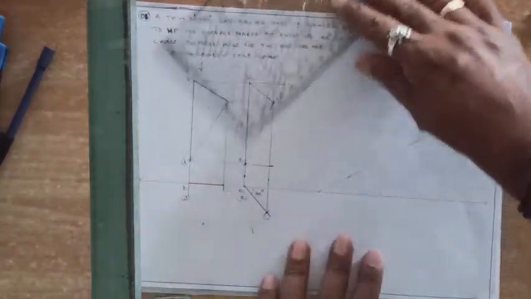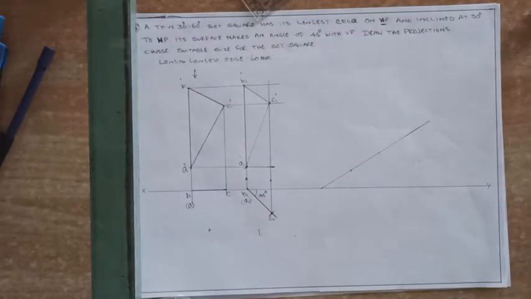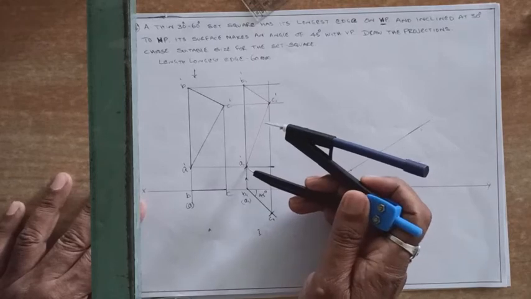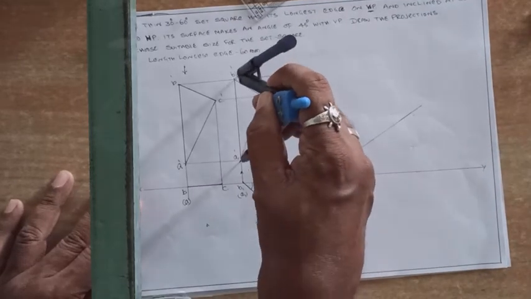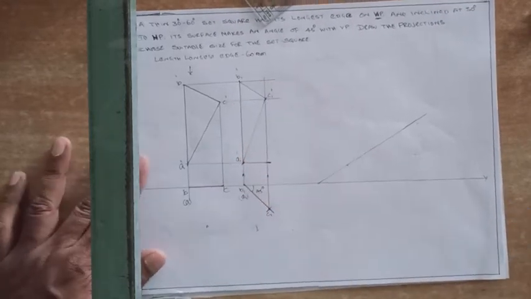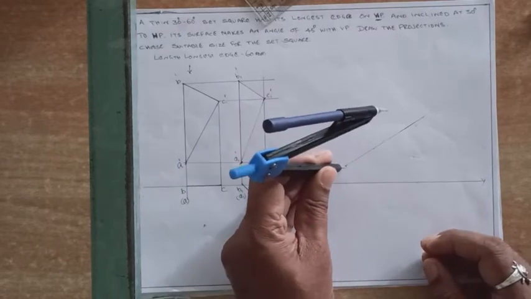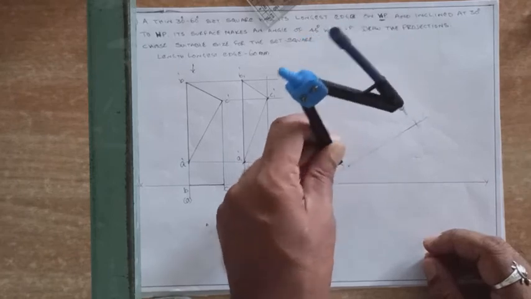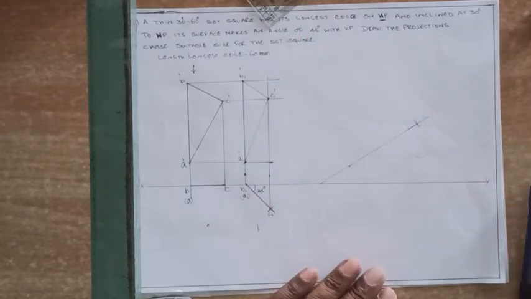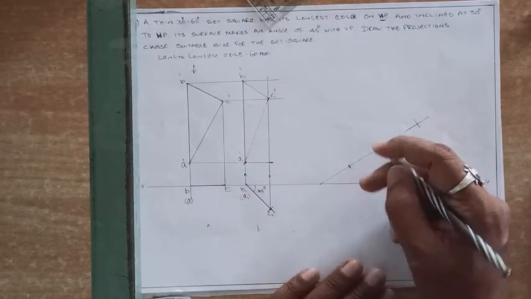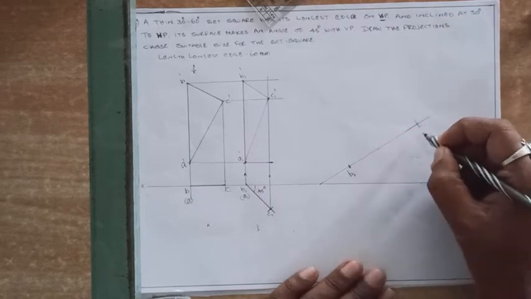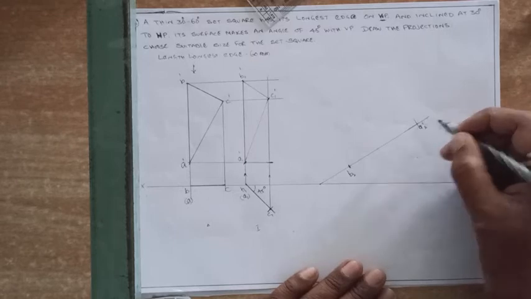Now you have to transfer this distance here. So listen, which one you have to transfer? Not the figure in the assumption, but the figure in the first stage. Take this distance A1 dash, B1 dash. First anywhere on this point, transfer here. So the first point like this, then it will be B2 dash and A2 dash.